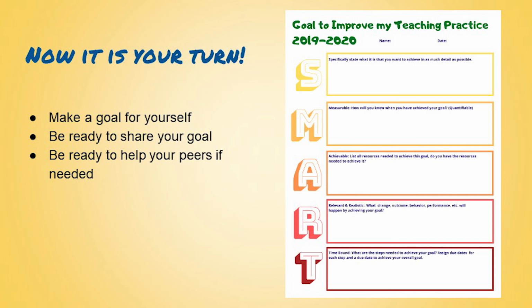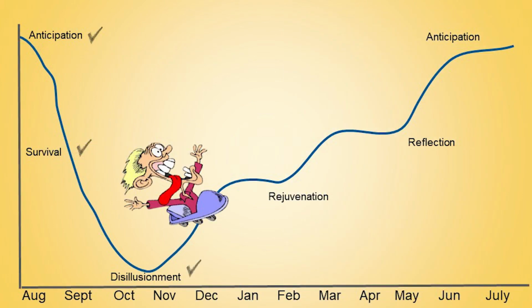Okay. So the worksheet you guys have is this. I want you to think about, what do you want your 1 goal to be? Like, if you think there's 1 thing you need to work on in the classroom, what is it? And then you're going to specifically state what it is that you want to achieve in as much detail as possible. I'm going to send this out,